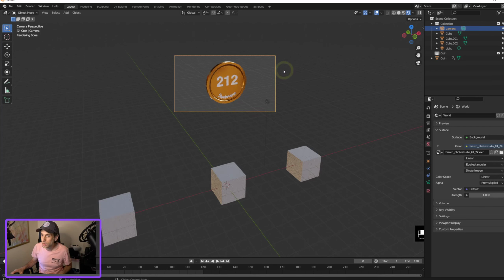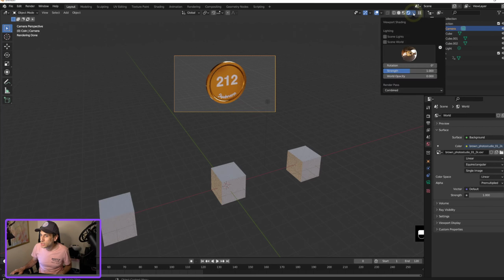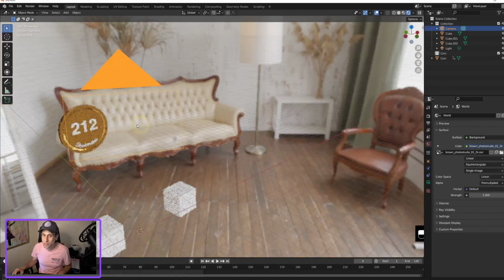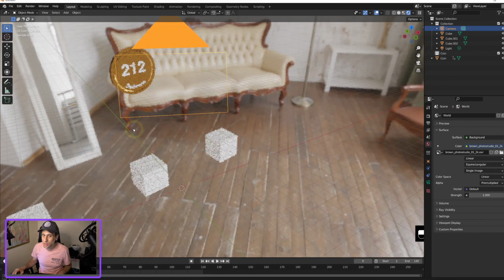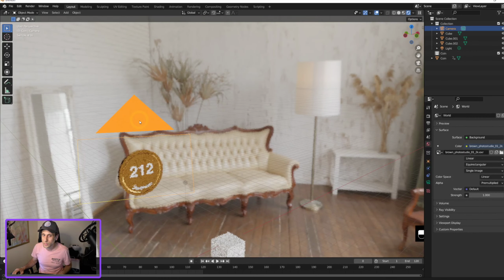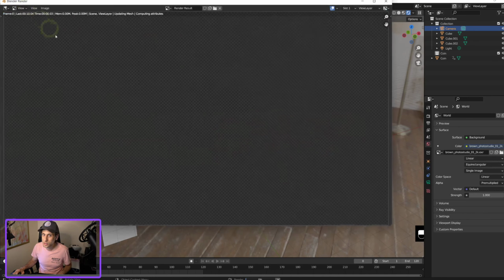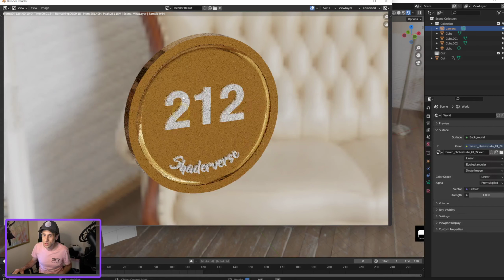And now, if I change this, and if I go to our scene world, it's going to light the coin with that Brown Photo Studio, and you can see that it's a spherical rendering of that room. So now, let me press 0, go back into the render view. I can press render image, and we should see the coin nicely lit with the scene in the background,